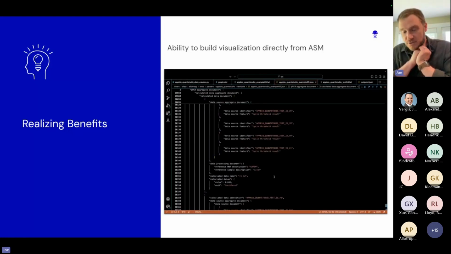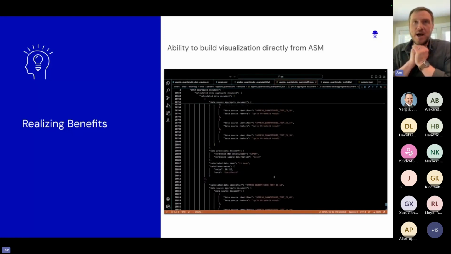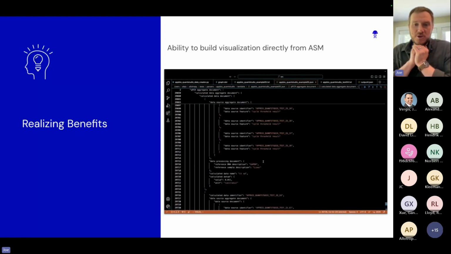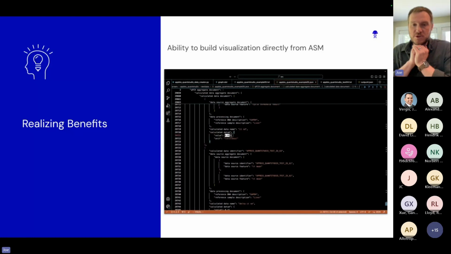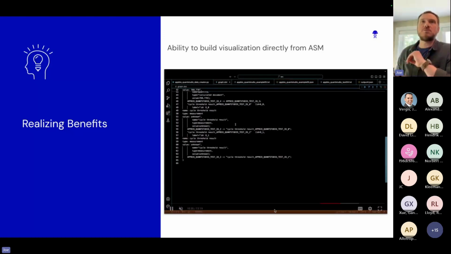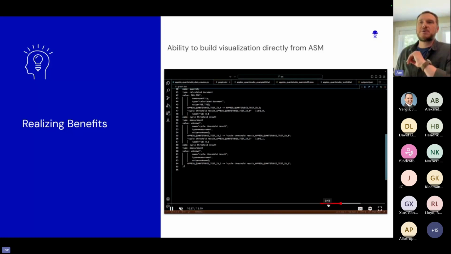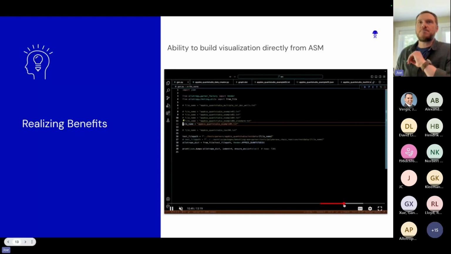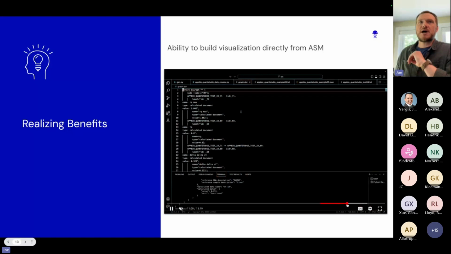But because all of this has a defined structure, you can now start to build visualizations using these relationships, actually using a graph. This is a little bit different than what I described before. This is now doing the graph the other way. Initially, we were using the graph to generate these things, but now this is using a graph to represent these. So skip ahead to where we get to the output.